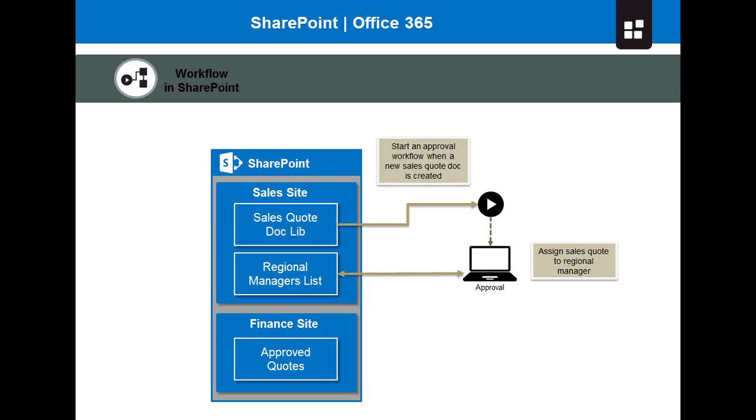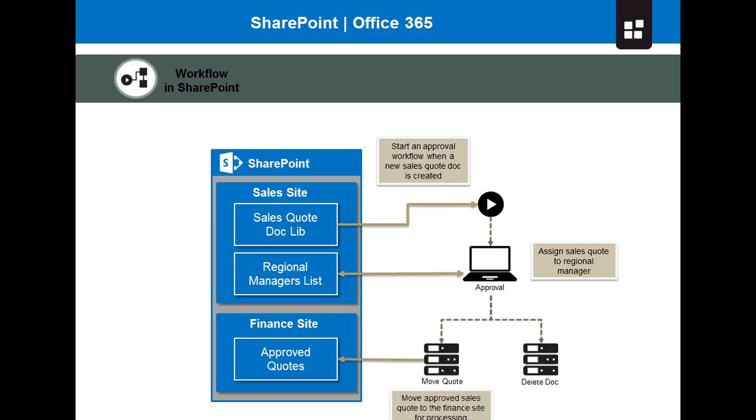When we send that document for approval, we want to be able to go back into SharePoint and very easily look up which territories this manager manages, which territory this quote or the sales proposal originates from, and then make sure that we send it to the right manager for approval. And once that is done, we want to use some of the visual wizards within the workflow environment and make it easy to save that document into an approved library, or if it's rejected, to deal with the fact that